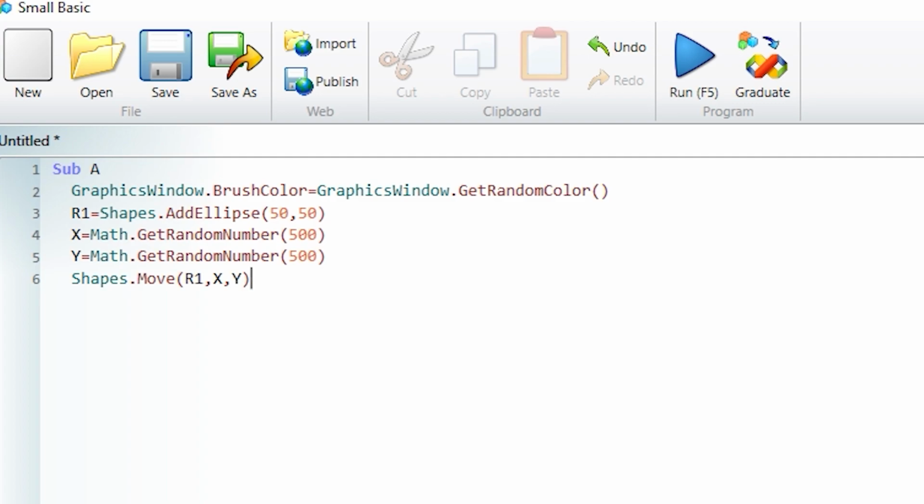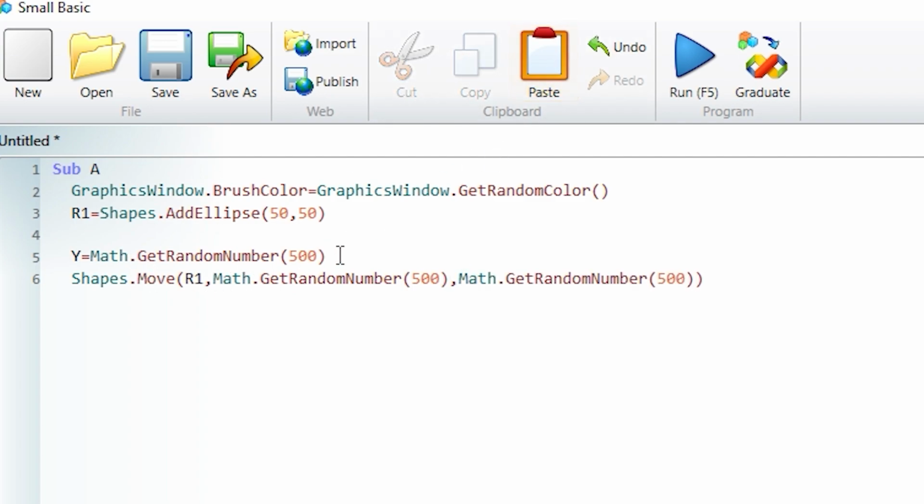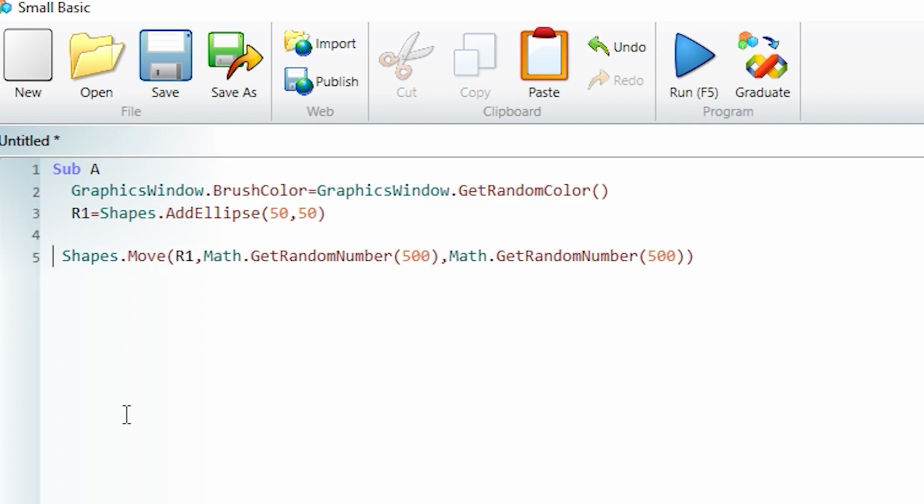Instead of storing these 2 random numbers in x and y, you can write this line directly after the comma that follows R1 and again after the next comma. So it's up to you how you want to do it. I'll just do it in front of you and show you that it works. I'll cut it from here and paste it here, and again I'll paste it here. I'll remove this line. I'll end the sub,